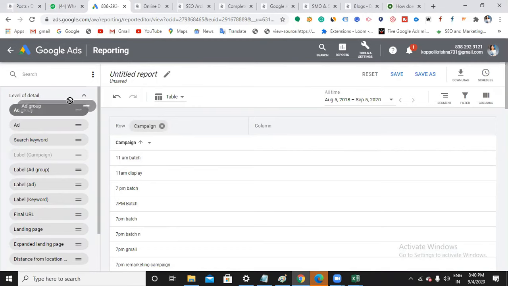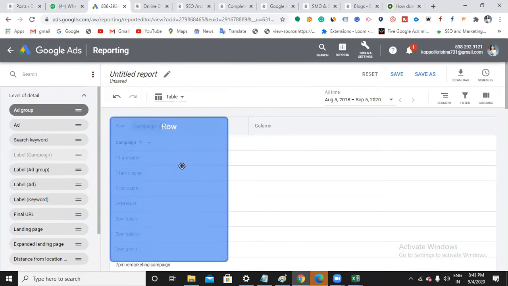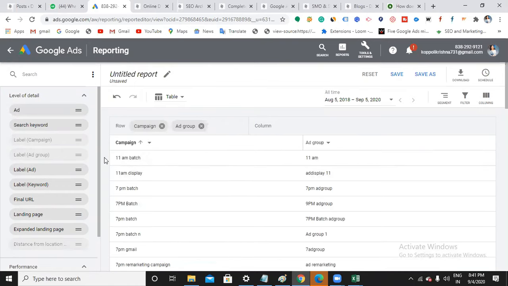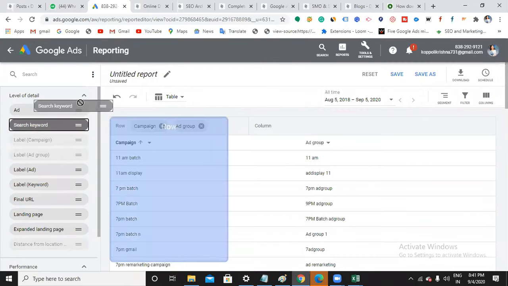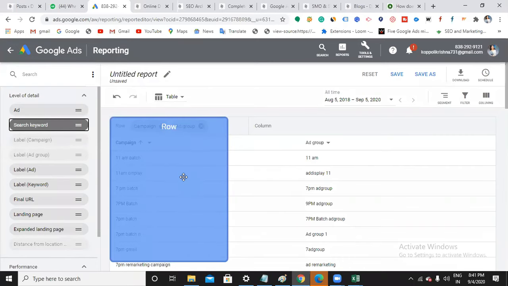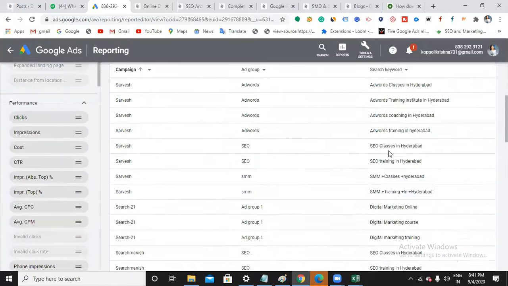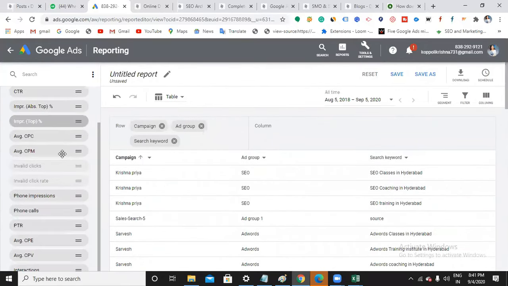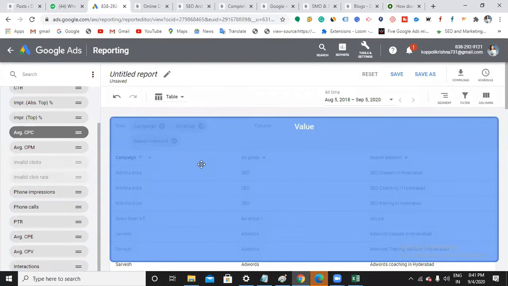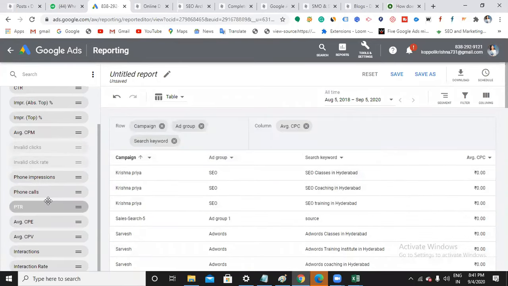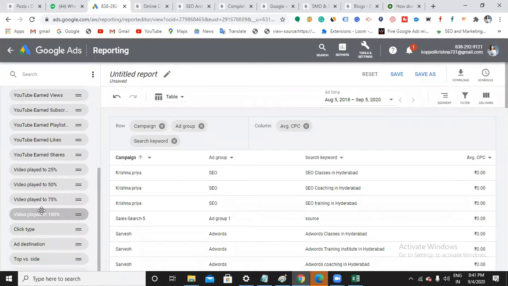Then I want to show which keyword appears, so I'll add that. You can see the keyword is mentioned. And I want to see the average CPC as well, and how many clicks and impressions I got.